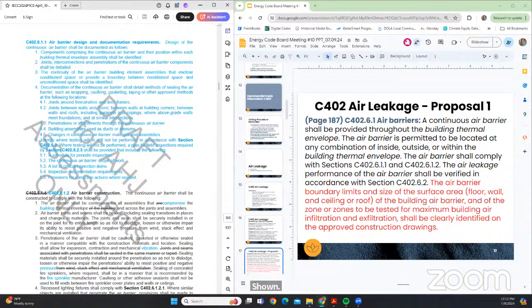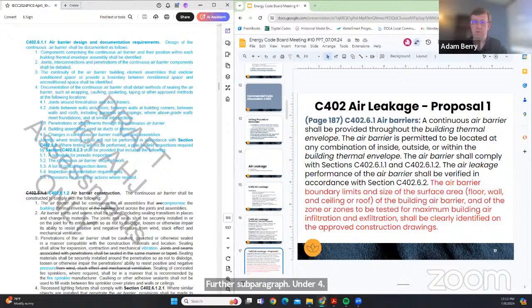Within that context, if I were to agree with that, would it not be under 402.6.1.1 with a further subparagraph under 4? So I think that we can revisit where this needs to live. I don't think we need to spend a lot of time debating today as to whether this should be under 406.1.1 or 402.6.1.1 or 4C105 or whatever. I think that discussion can be taken offline. I think it's more of, do folks think it's an appropriate thing to do at this point?